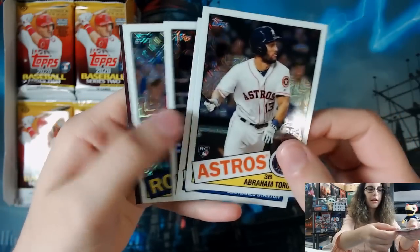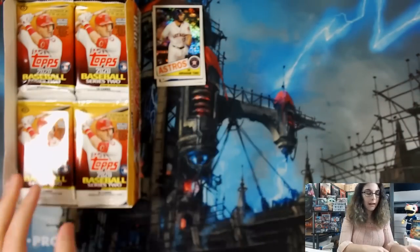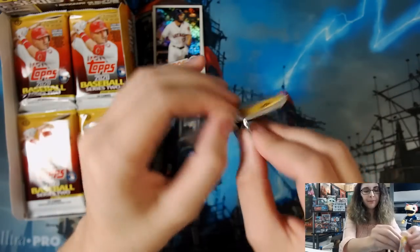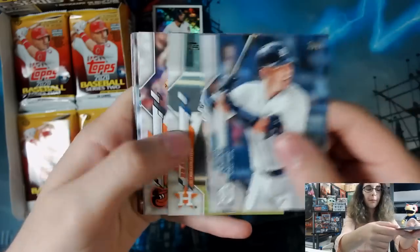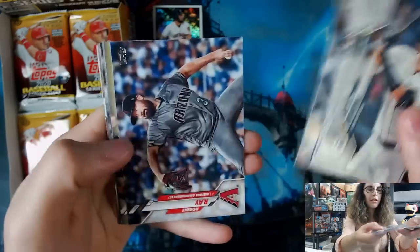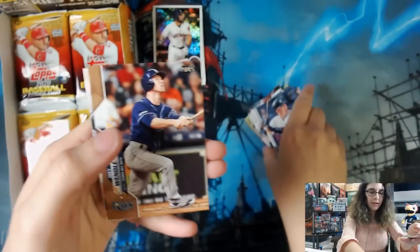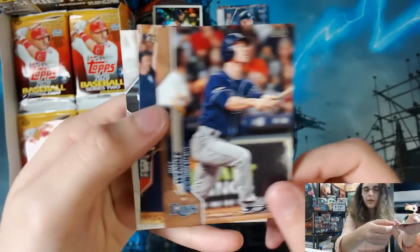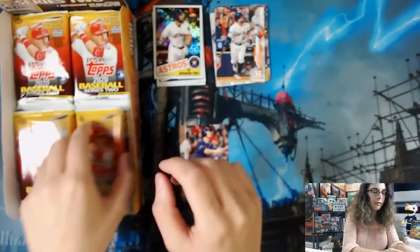But let's see if we have any autos here in the silver pack. No, unfortunately, I have still not seen a silver pack auto out of any of the boxes, hobby and jumbo, that we've opened on the channel. And there doesn't seem to be a lot of color in the packs as well. I know I mention this a lot, but I feel like compared to other years, there used to be more color. Someone was saying that the print run for Series 2 is much smaller than Series 1. So you'd think you'd be seeing more color than